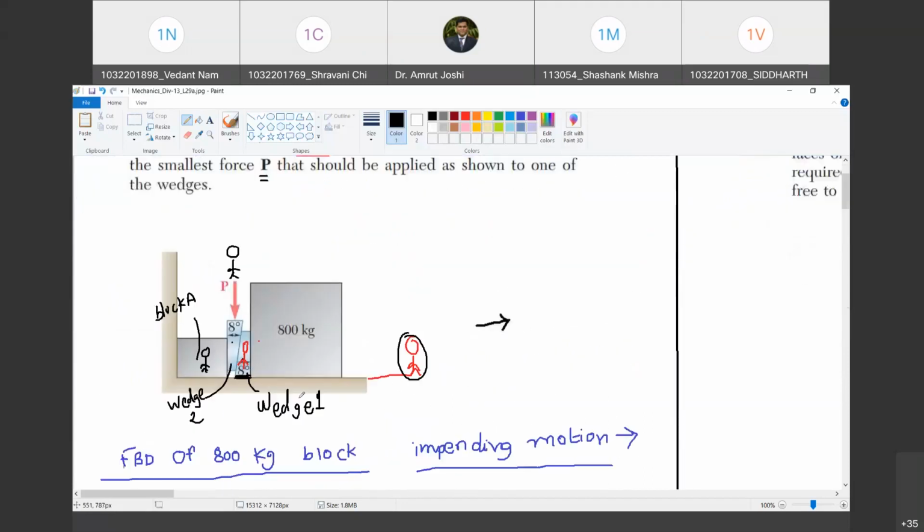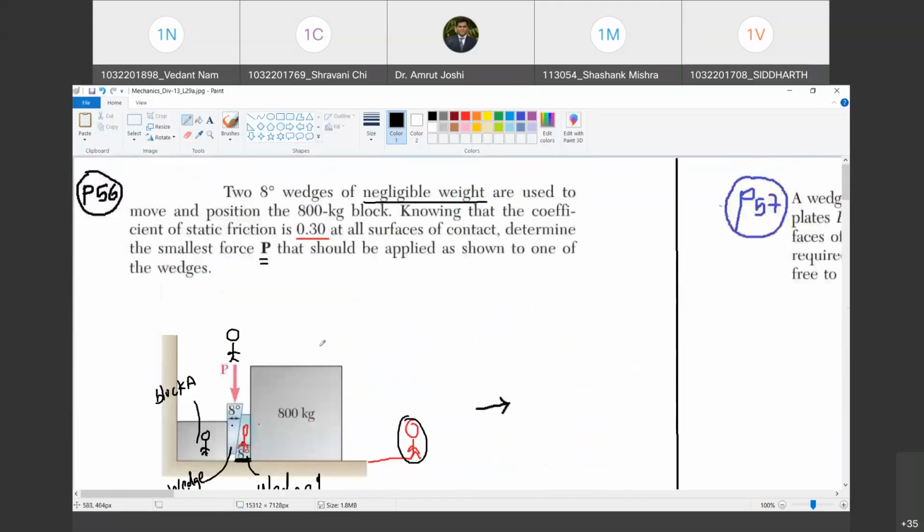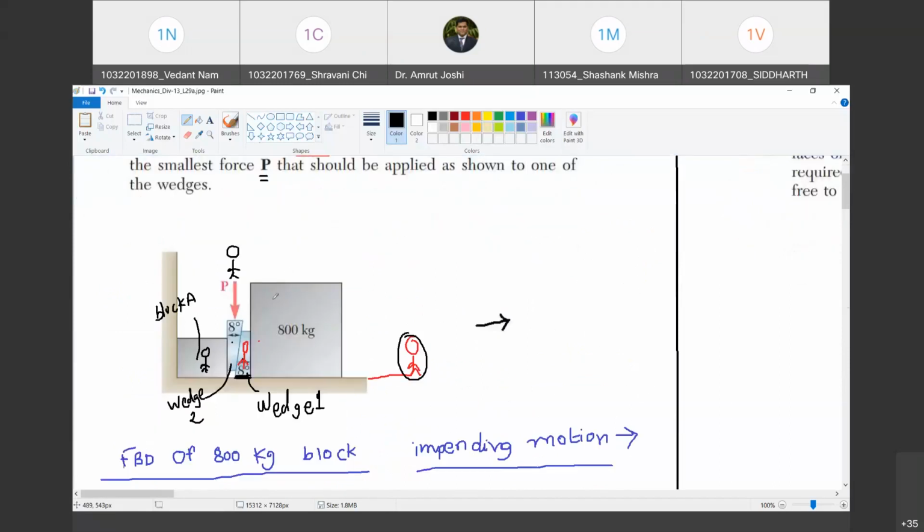Yes, sir. अब जरा मुझे एक बात बताओ. So solution is over. Have you understood how I arrived at the value of P? Yes, sir. Solution is over. Now let us try to interpret what exactly is happening. मतलब problem तो solve करना हमें आया, but wedge का effectiveness भी तो देखना है. Do you agree with me? Yes, sir. तो अब मुझे जरा बताओ,